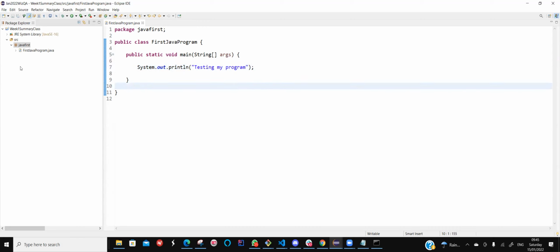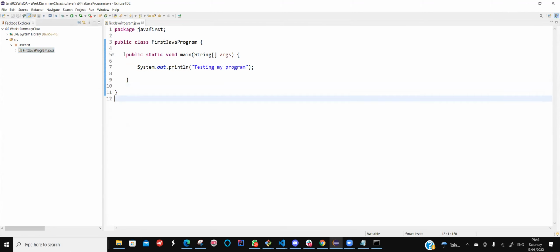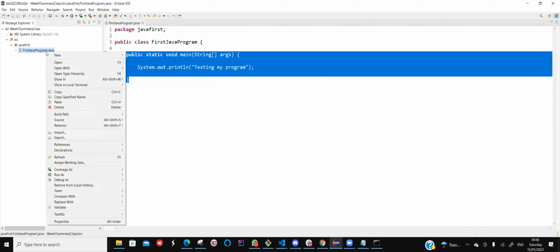And if I just go and try to execute this in my Eclipse, how do I do it? I just right click on this file and say run as Java application. Now always remember something, guys. Remember this. If you don't have a file that has this section, public static void main, then you will never see